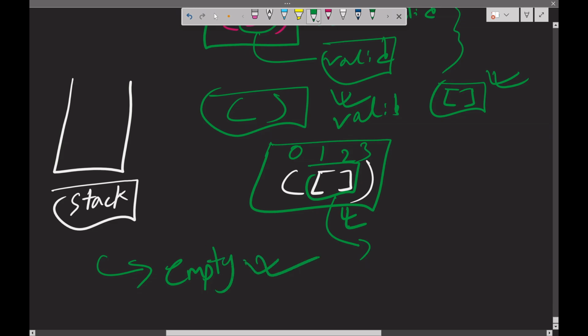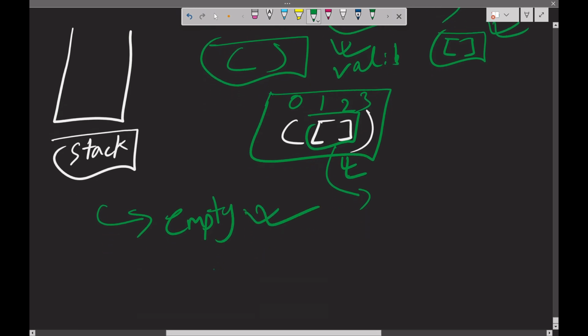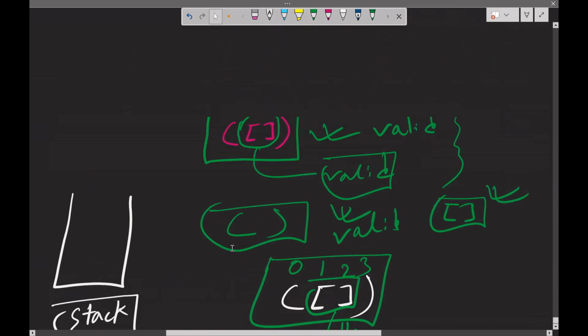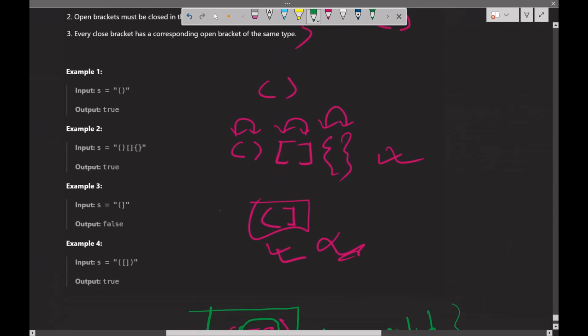So this is for the valid condition. If our stack doesn't remain empty, then that means the given string is not valid. Okay. So let's analyze this from a false test case. For example, here